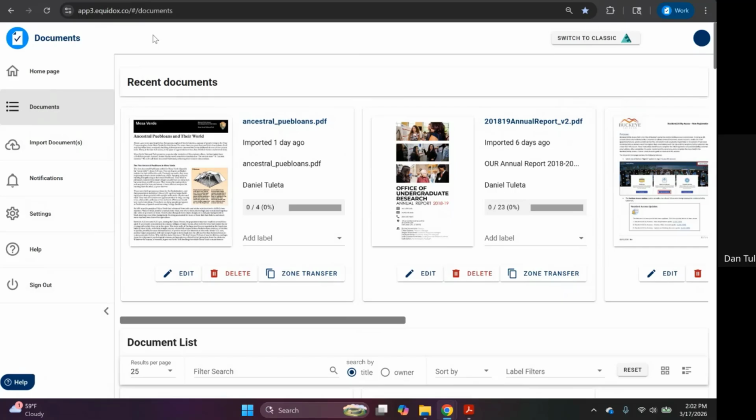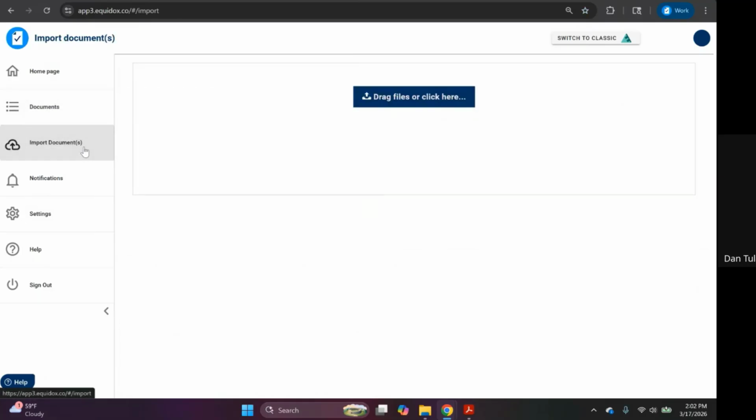Now, when you're logging in for the very first time, keep in mind that you will see a blank slate here on your documents list. These are my documents that I've imported from various demos and trainings that I do in my own little personal account. But when you're accessing Equidox for the first time, don't be alarmed if you don't see any documents waiting for you. You of course need to import some to work on. So I'm going to go over here to the Import Document tab on the left-hand side,